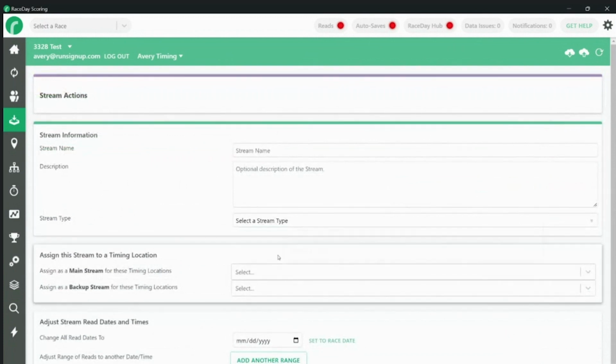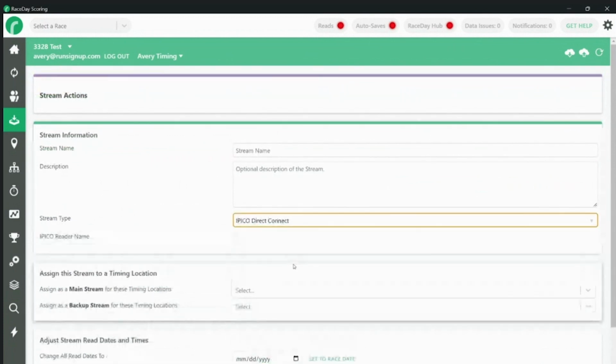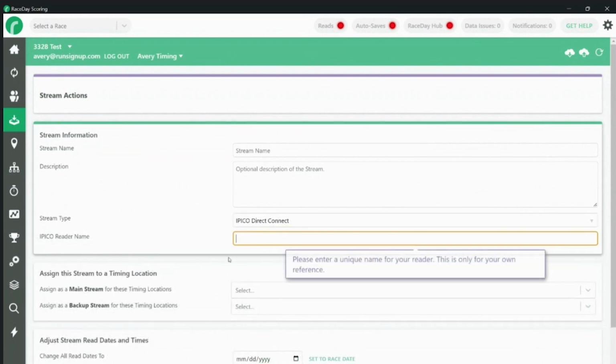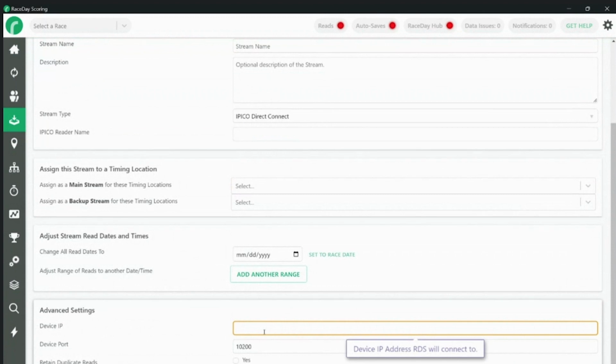So if I went and set up, let's say, an iPico Direct Connect system, I would have to provide an IP address. And the way that iPico works is that you physically connect to the readers onto the network that you're working on,